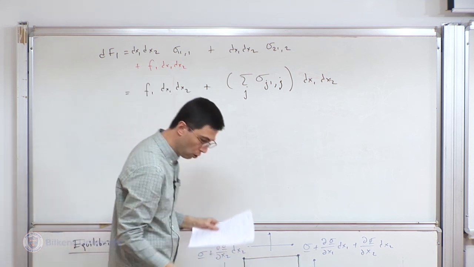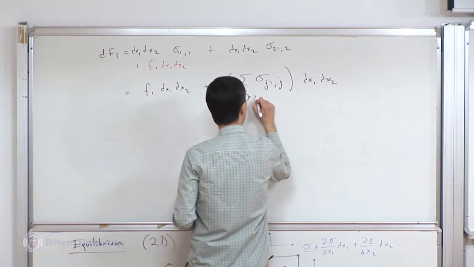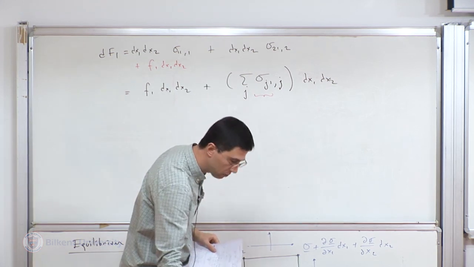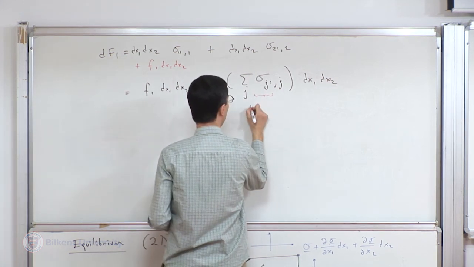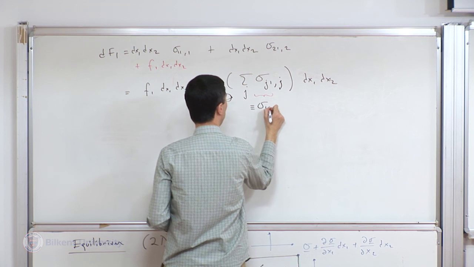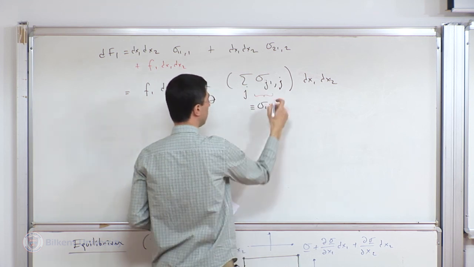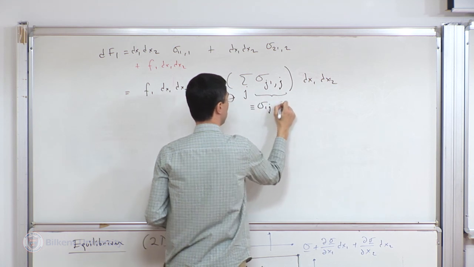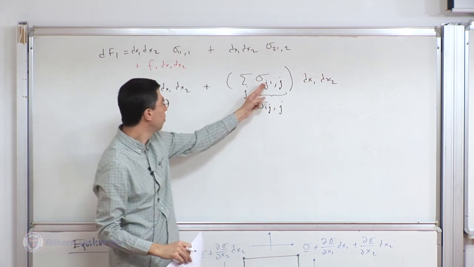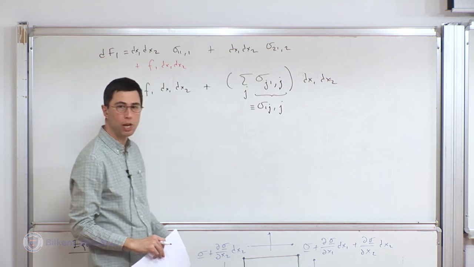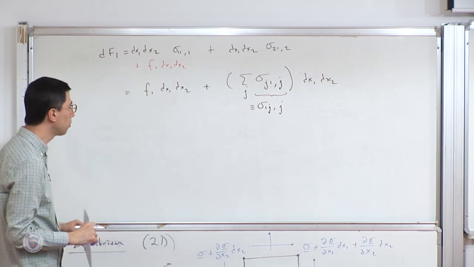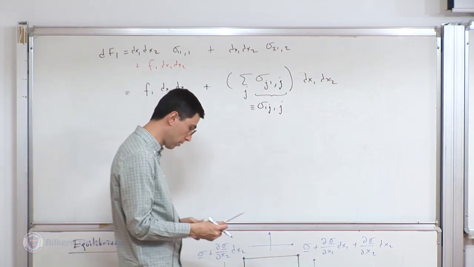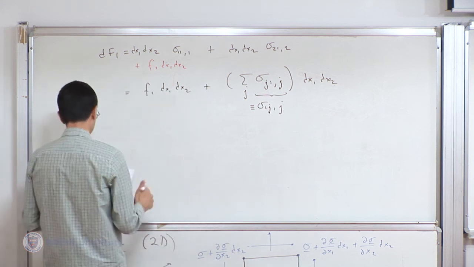All right. So moreover, to simplify things a little bit, I remember that this is equal to sigma 1j, or the whole thing, if you like, is equal to sigma 1j comma j, because it doesn't matter if it's 1j or j1, stress is symmetric. So I've also done that so that these j's are next to one another. Hence,